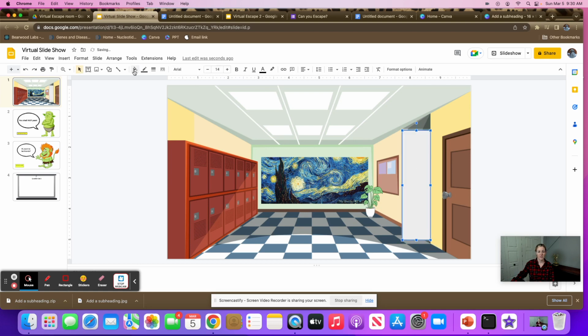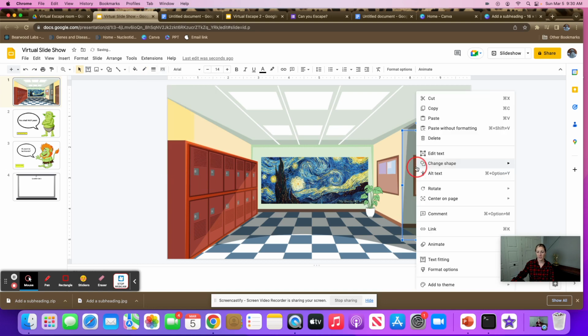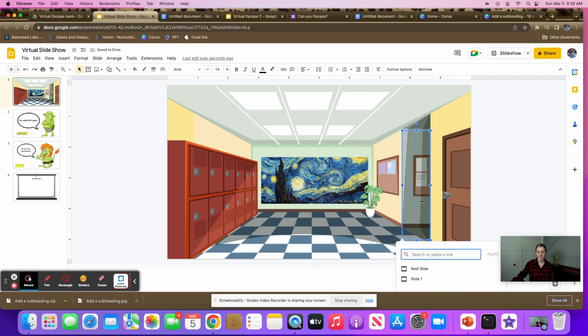Okay. You want the shape to be transparent. The outline has to be transparent. And then you're going to link the shape. So I'm going to link it to slide 2. If you type it and then click apply, it's not going to work. You actually have to click underneath where it says slide 2. So if you run into that,